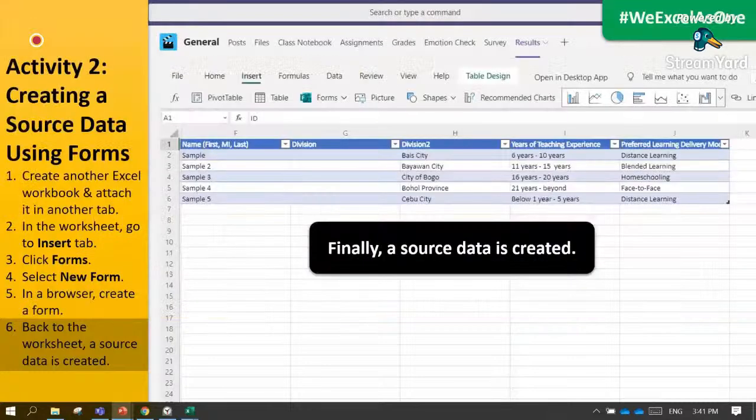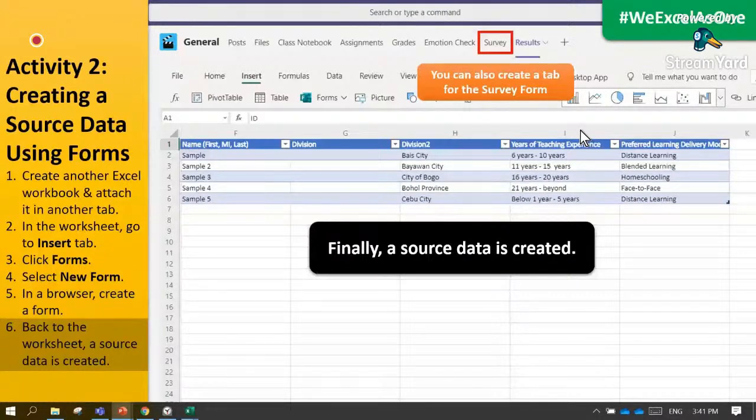Let us now have the demo, but before that, we have here a tip for you to easily instruct your students or your colleagues to easily access the survey. You can also add a tab for that survey. So you can have that here. So, demo time.